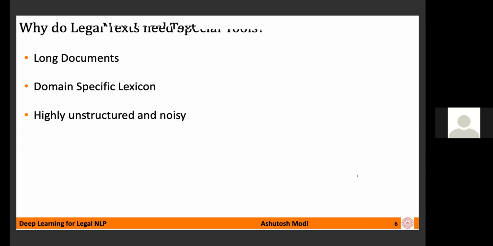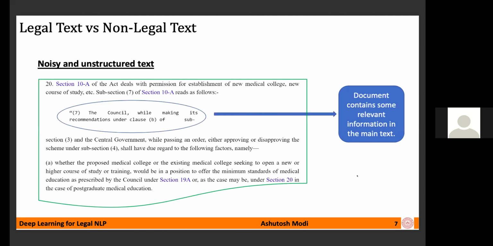So just to give an example, in this court judgment, you can see that you have a regular text going on, but in between there is a point which is not part of the main text, right? So this is a separate point. If some model is processing this document, then how does it take this point into account? It is not clear, basically. And this kind of thing is fairly common in court judgments, basically, right?